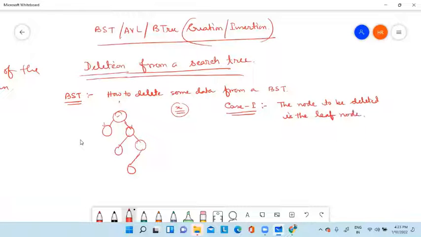This is one case. You are going to delete a particular element, and you search the tree, and finally you find that the node is at the leaf node. Okay, so the picture will be like this.